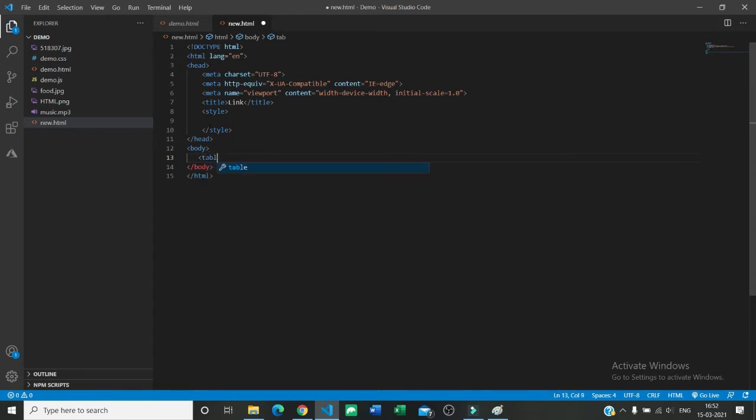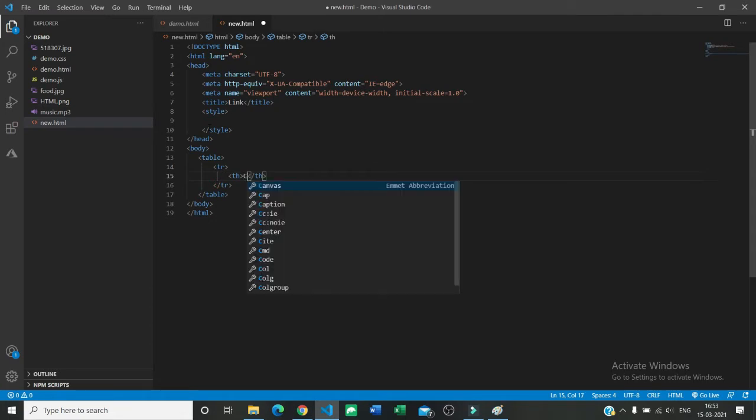So give a table tag. Inside I am going to create a row for heading where there are two headings, say th, column 1, and another heading th, column 2.